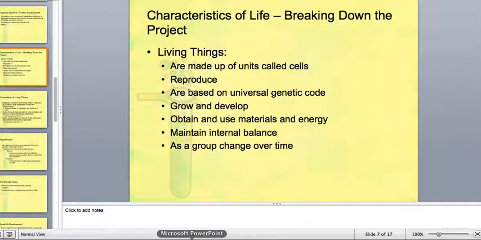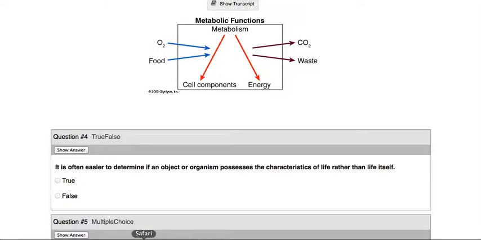You have a specific blood pressure. You have a specific heart rate, a specific respiration rate. All of these things keep your body in stasis or homeostasis, in balance, to ensure that you can carry out the life processes that you need to. And then finally, the last criteria would be, as a group, being able to evolve as a species over time. So those are really the seven characteristics of living things that you should be focused on when you're doing this